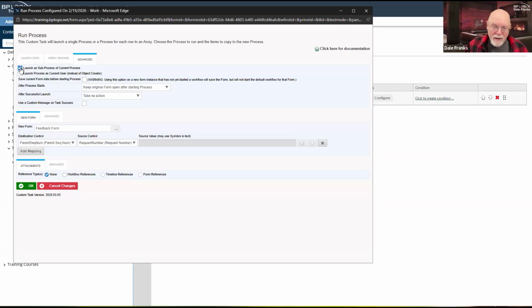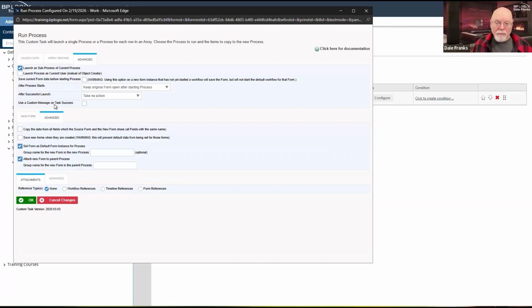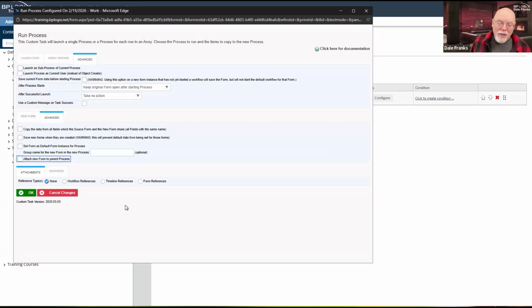If you don't want to track it as a sub process, the answer will be no, you don't want to do that. If you don't want to do this, the chances are that you don't want to do this either, because it's now beginning to look to me like your feedback sub process is not really a sub process. It's a child process because it gets invoked by a parent, but you don't want to have those connections. So on your parent process, you don't want to see the feedback forms. So that's the other wrinkle.